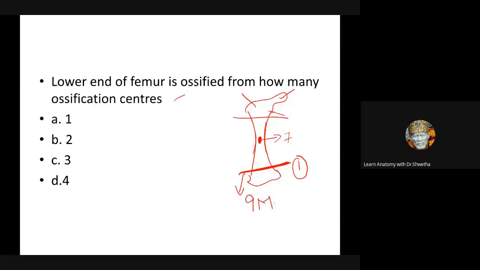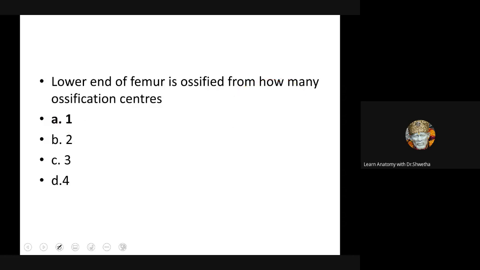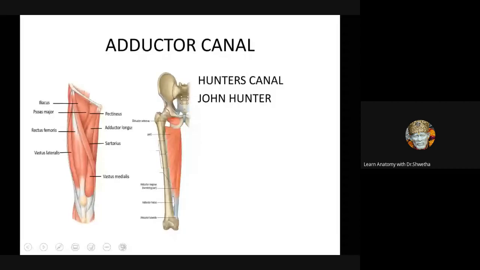What was the importance of that? It indicates the maturity of the baby. Yeah, very good. So now you tell me the answer. It is 1. For the upper end, what is the answer? 3. Very good. Upper end, it is 3. So for lower end, it is 1. Very good. Now we come to the last component, which will take another 2 minutes. Can I continue, students? Okay, ma'am. Just 2 minutes, I'll finish it very fast.